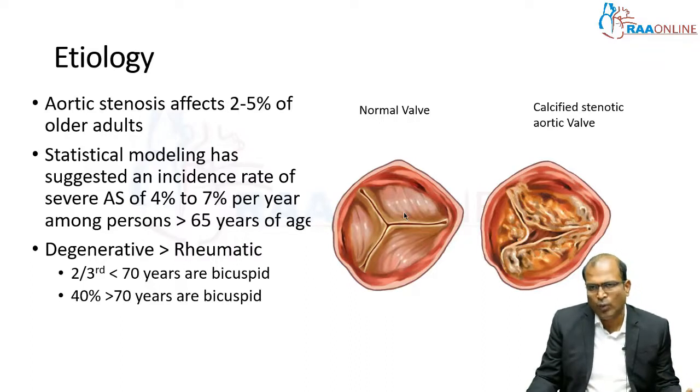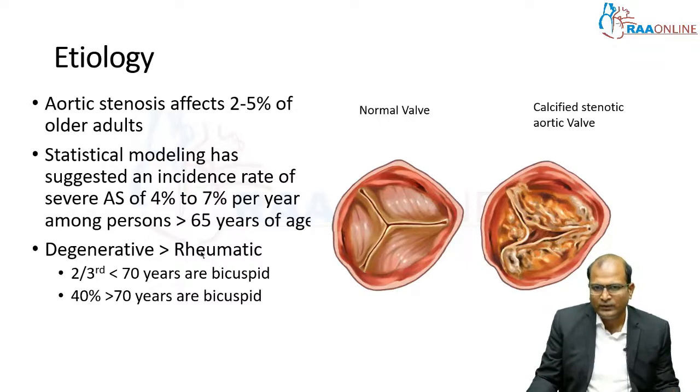As we grow older and older, because of wear and tear mechanisms and associated comorbidities like hypertension, the valve gets degenerated, the valve gets thickened, and gradually it gets calcified, and there is going to be restriction of movement of these leaflets, leading to calcific aortic stenosis. It affects 2 to 5% of older adults. Statistical modeling has suggested an incidence of around 4 to 7% per year among patients who are more than 65 years of age. As I told earlier, globally it is degenerative aortic valve disease that is much more